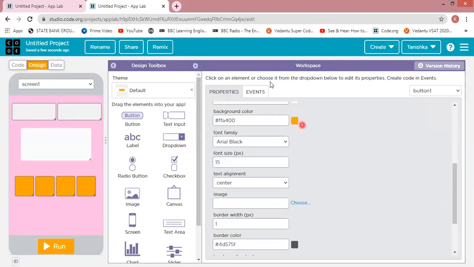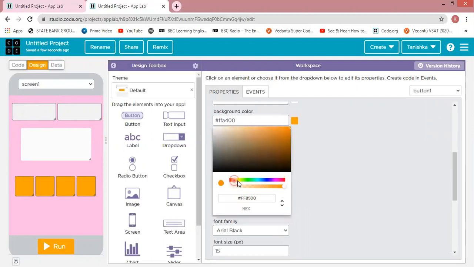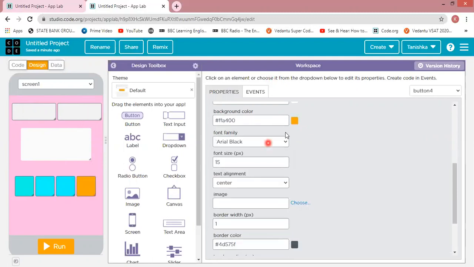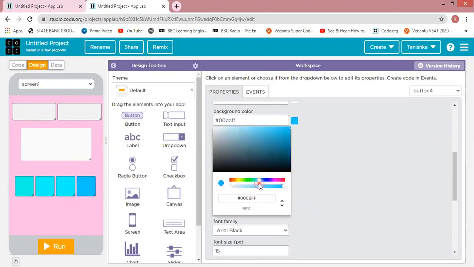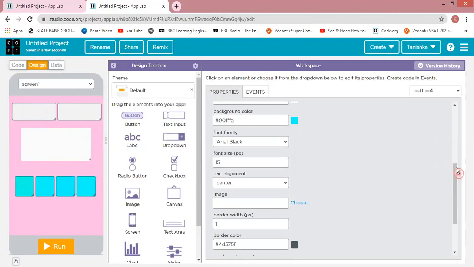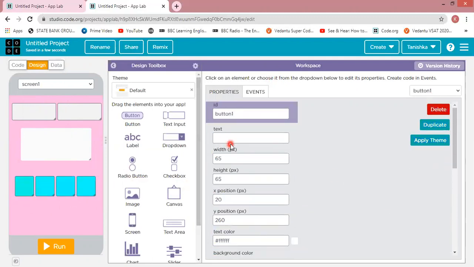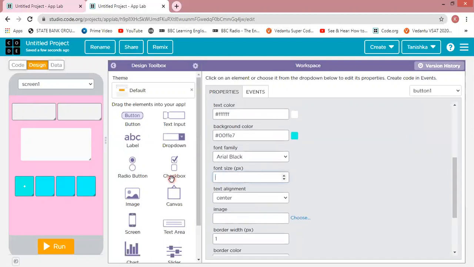Okay. So the color is over here. By clicking on this, you can get many colors. You want the color to be this, and you want this color to be this. This color to be this, and I want this color to be this. Okay, so now what we have to do, we have to select the text. So I want it as first we're going to do plus, font size 25, do font size to 25, and over here do this also to 25, and do this also